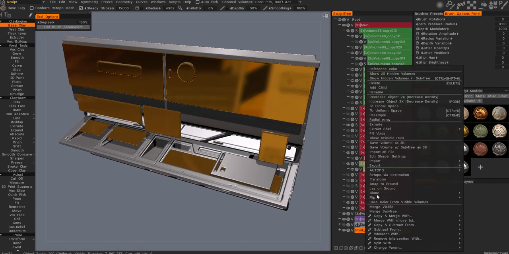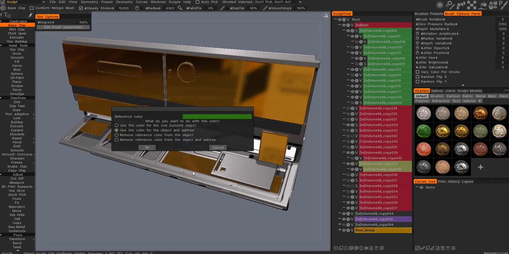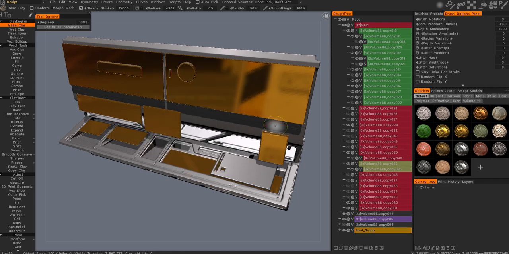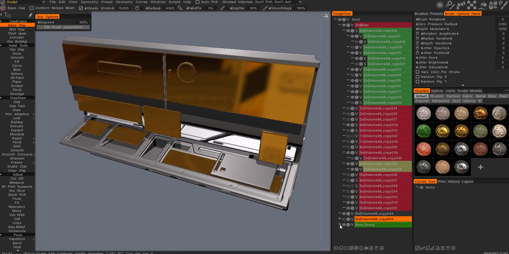And then I can go right click, reference color, and pick a color which is, for example, green, and it will be okay. So it doesn't do like in Photoshop. In Photoshop you can drag this layer down inside the group, and that layer will change the color of that object. However, it's still a huge improvement,